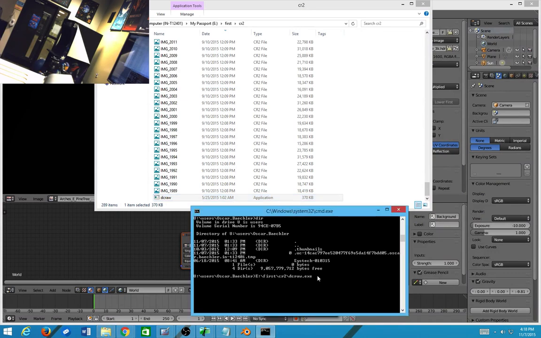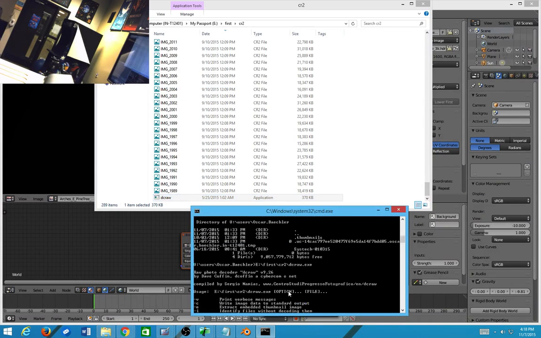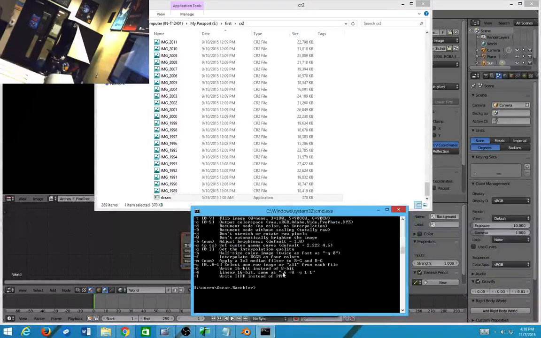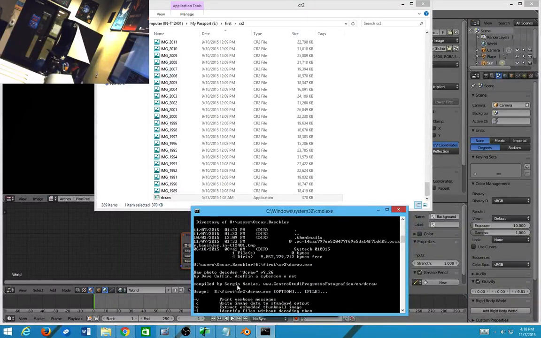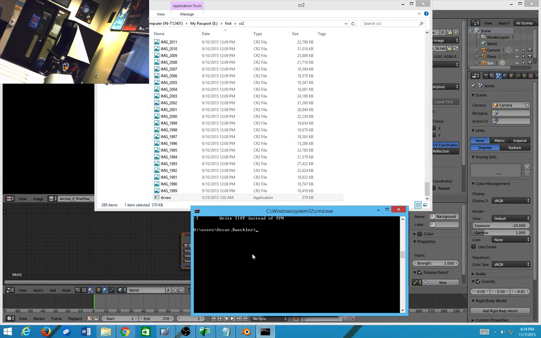I think it's hilarious how Solitaire has that. You'll notice if I run this, it has all these commands. You can pay to, okay. And what you end up doing is